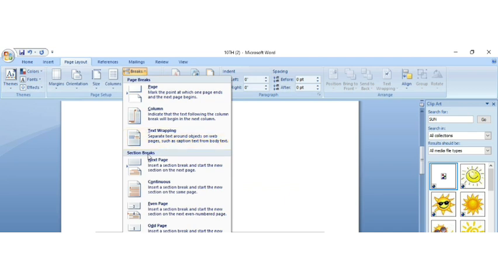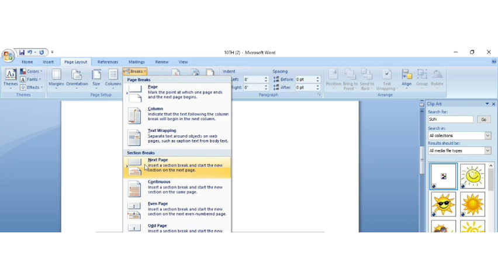Section break is a partition both of the body text of the document as well as the partition of page margin, header and footer, page number, etc. So it is the partition between the body of the text and whatever we are writing in the footer side at the bottom of the page.